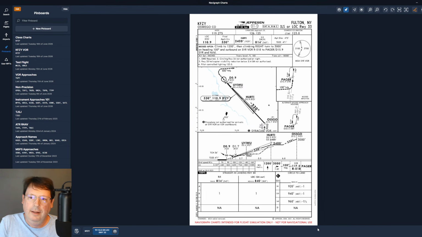So this is actually kind of an interesting approach for a couple reasons. First of all, because it's got some interesting elements to it in terms of use of DME to identify fixes. So there's a couple important waypoints on the approach and with the missed approach that you can identify using either